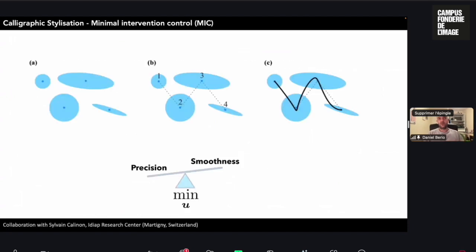So you can implement this in code explicitly. And those ellipses that you see here define how the movement is allowed to vary in a certain area. You can think of it as before, right? You have this control polygon made of, in this case, 4 points. And here I'm saying, okay, here the movement can vary in this area that is not circular, it's an area that is elliptical. And here it needs to be a bit more precise. And then, as you see here, you have more variation and the curve is smoother. Here, it decided to go not so smooth, but it would be allowed to vary based on the whole optimization